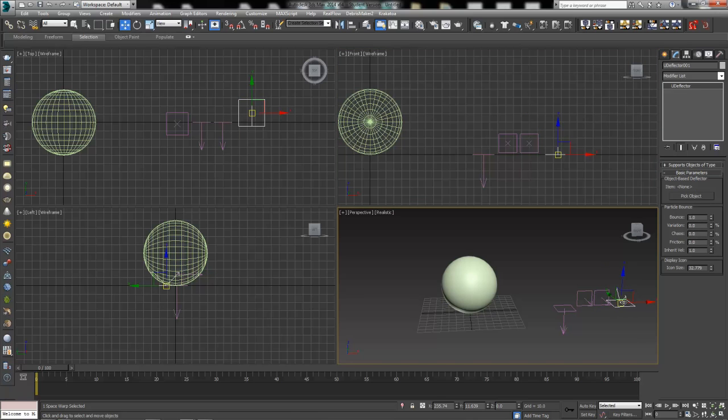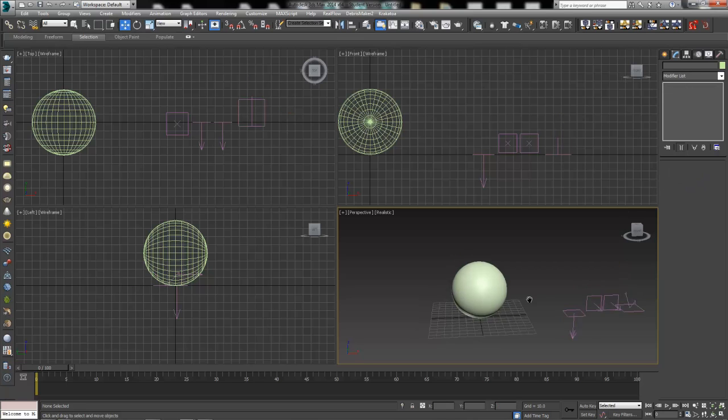On our U deflector here, we want to pick the sphere first, and then I'm going to turn off the bounce since I only want it to stop these particles. And I don't want them bouncing off like we did with, say, our rain simulation with splashes and chaos and stuff like that. So we'll just turn that all off and leave it ready to go there.